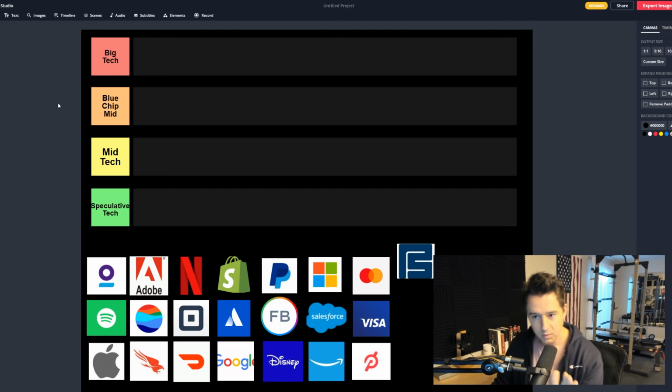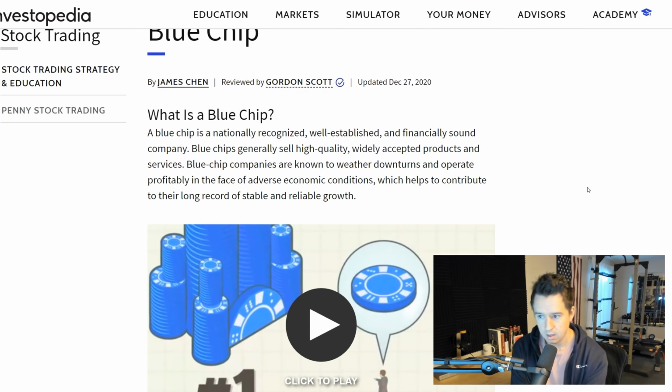Underneath that, we have blue chip mid tech. So I have 2 categories of mid tech, one that's just mid tech and one's blue chip mid tech. So the defining difference between this secondary category is that it's blue chip. They're both mid tech, but this one's blue chip. If you don't know what the word blue chip means, this is an important definition to know if you're an investor. Blue chip means, this is by Investopedia,